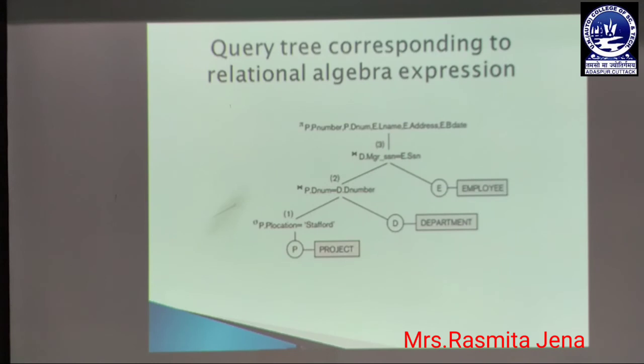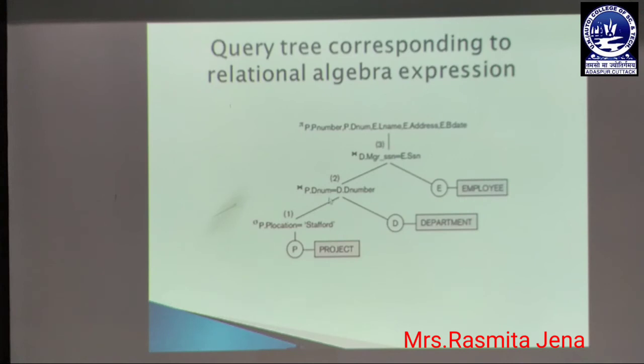Instead of Cartesian product, if we use selection and join operations, it decreases the time as well as the memory. We have already discussed this concept, the difference between join operation and Cartesian product, when we discussed the different types of join operations in relational algebra expressions. So here we are using join operation followed by the selection operation instead of the Cartesian product.